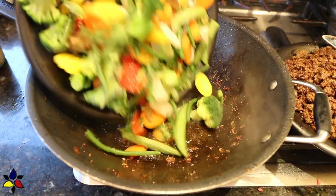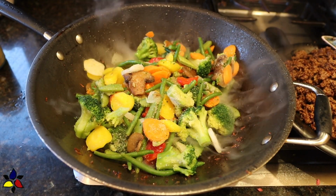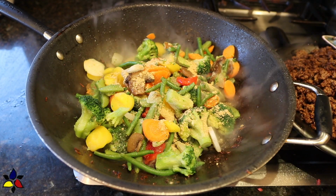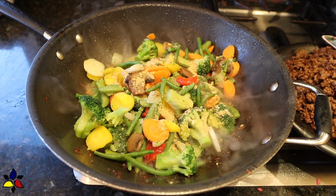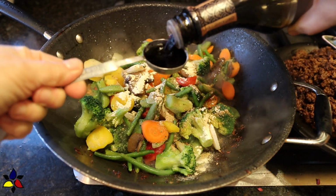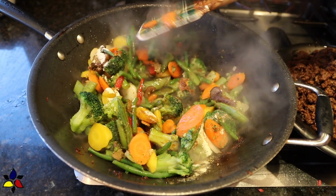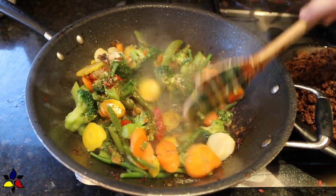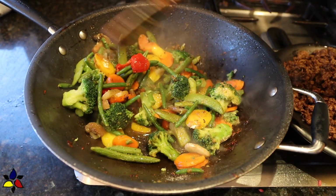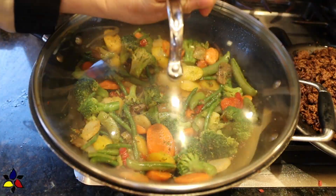Now, to the wok, drop in your thawed vegetables and cook for 5 minutes, at which point you'll season the vegetables with a sprinkle of ginger powder, garlic powder, and your sugar-free tamari or coconut aminos. As you're cooking, you will notice that the liquid from the vegetables and the seasonings are forming a really nice aromatic sauce. Give the vegetables one more toss and then cover the wok with a lid and cook